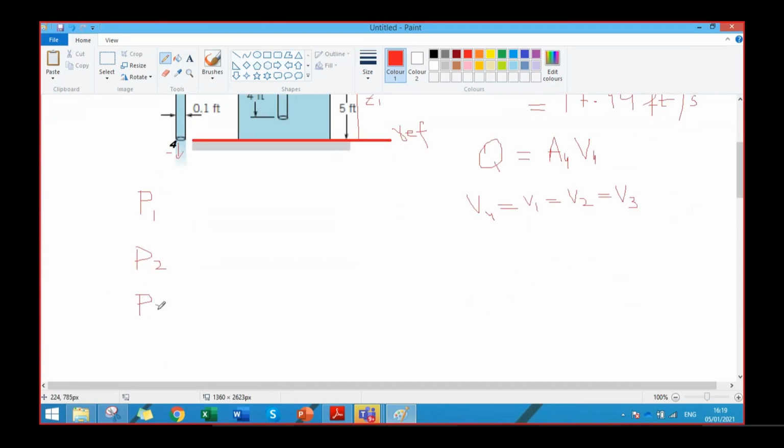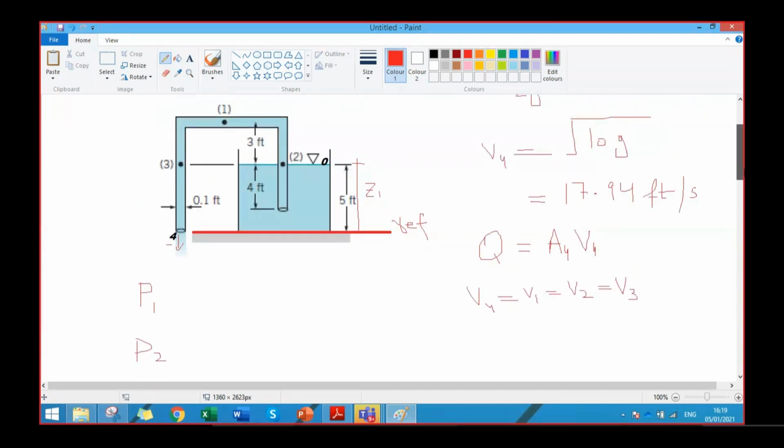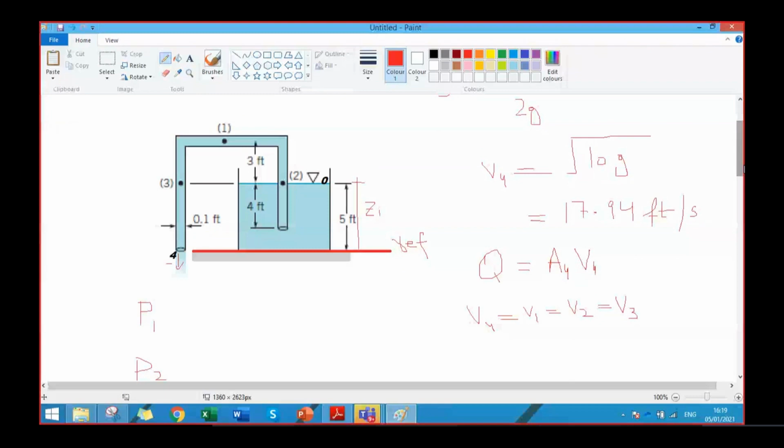So what will be P1? Again, we can see that points 3 and 2 are at the same elevation, right? So it means that P2 and P3 would be